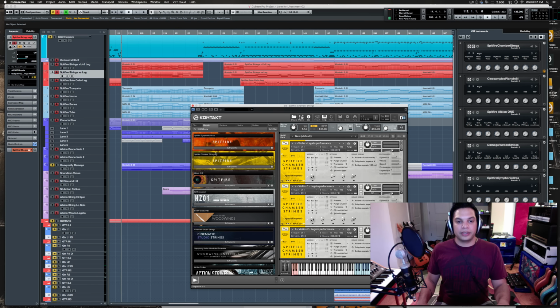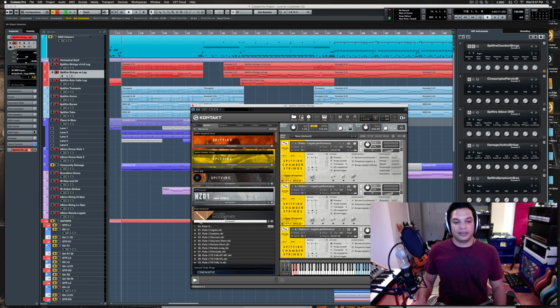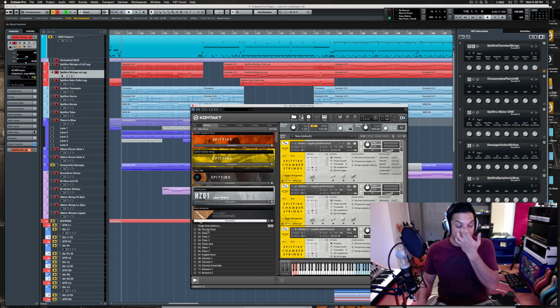Like the Spitfire Symphonic Brass. I've got the new version of Albion, the Hans Zimmer percussion. Berlin Woodwinds is the woodwind library. It's very intense. You have everything divided out into the individual instruments. And if I have one gripe with it, it's that there's no ensembles.